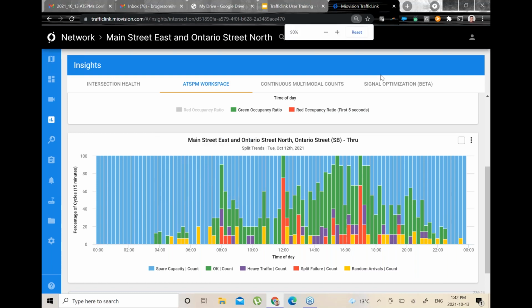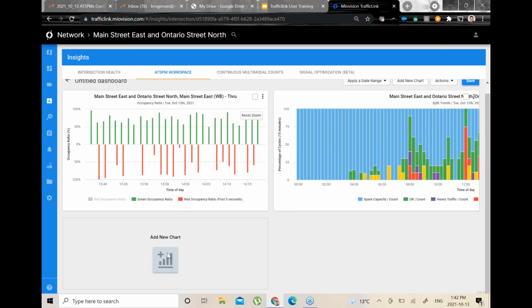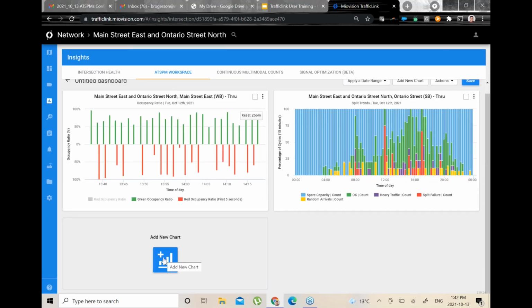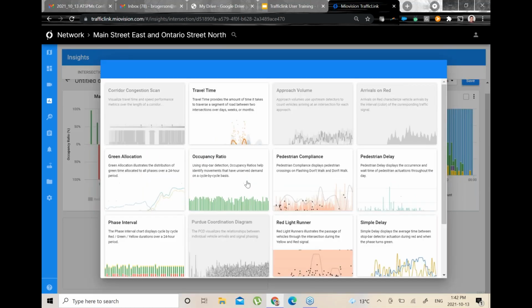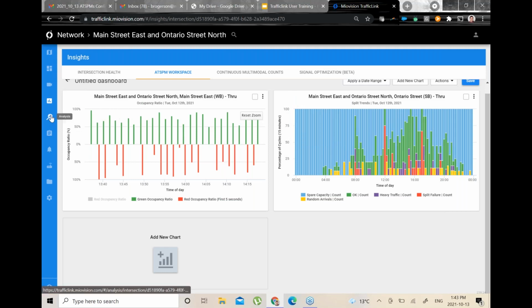But that's only telling us one piece of the story when we're looking at a single movement or a single event. We do want to understand it from multiple movements and essentially the entire intersection. And so when you're doing that and you're building it, you can add each one of the charts to really unpack how this holistically works. The other one I like to do for that same concept is over here right underneath the Insights button, the Analysis tab. I'll click on that.